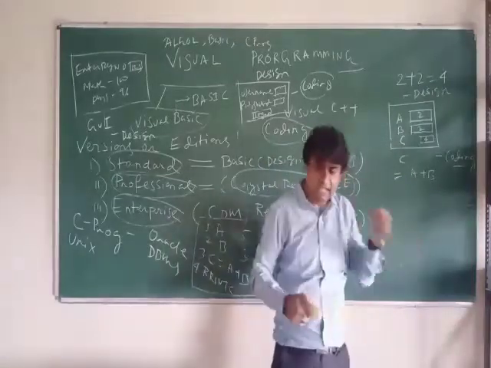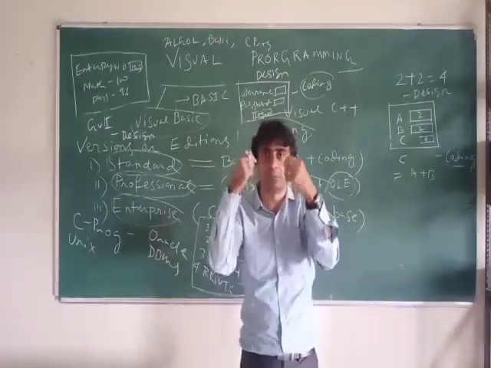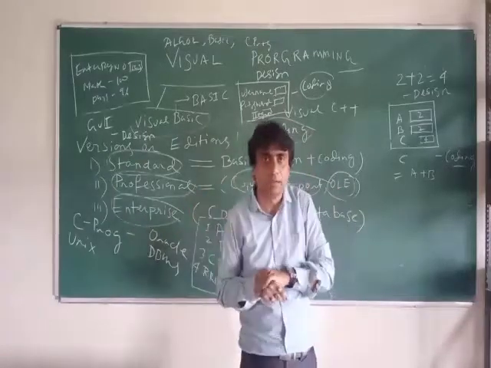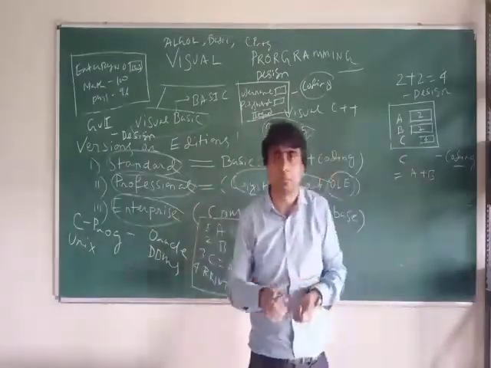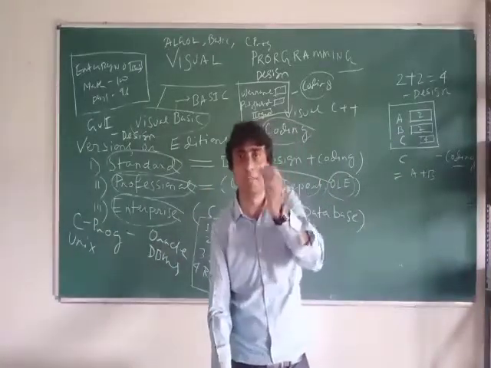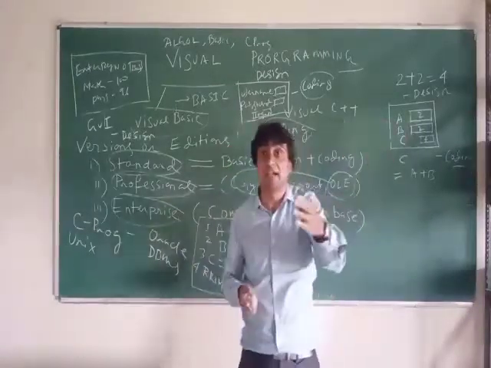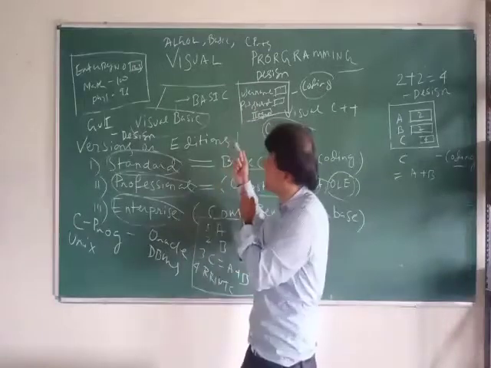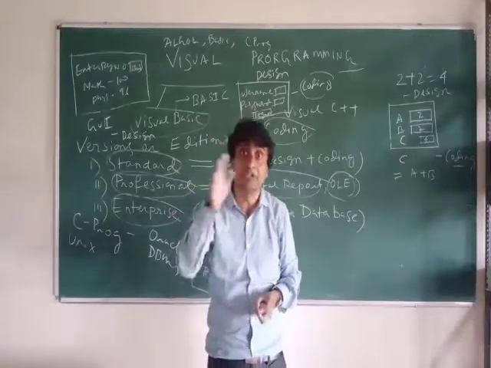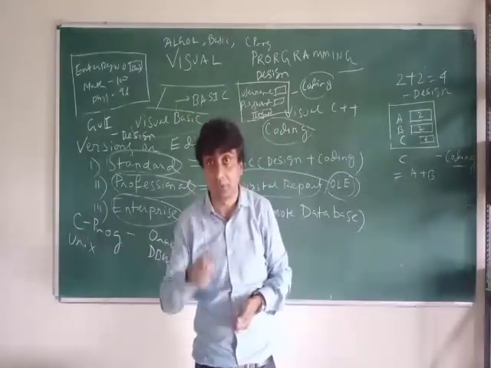But here, anything you do, whether you print or display your name with your initial, design and coding is required. Or you write addition of two numbers, multiplication of two numbers, GCD of two numbers, prime number, for each and everything, design and programming is required. Why? Because this subject is mainly based on visibility. For that, visual is required. Visual means nothing but GUI, graphical user interface.